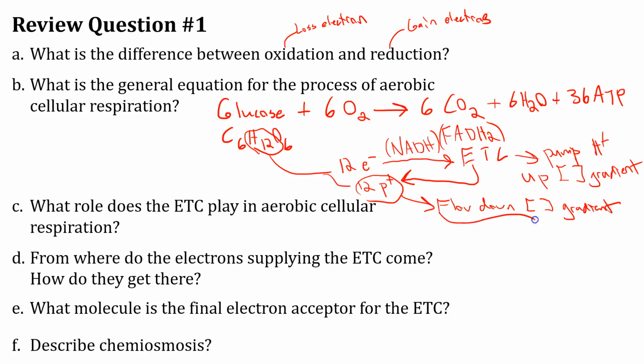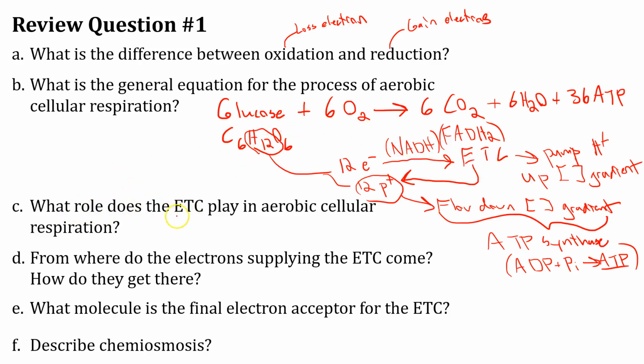And by doing so, this is through the ATP synthase carrier protein, and that is going to take ADP and phosphorylate it, add a phosphate to it to make ATP. Okay, that's kind of the whole long process. So then when we go back here, keeping all of this in mind answers all of these